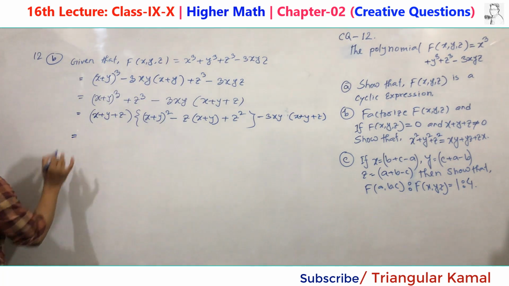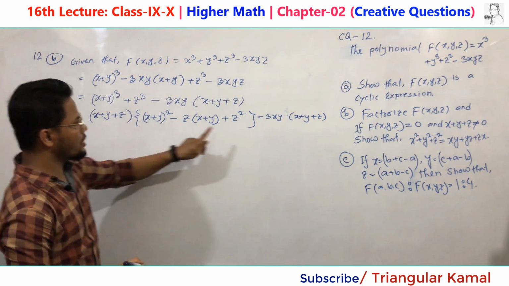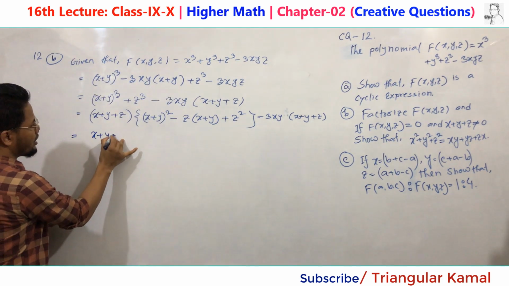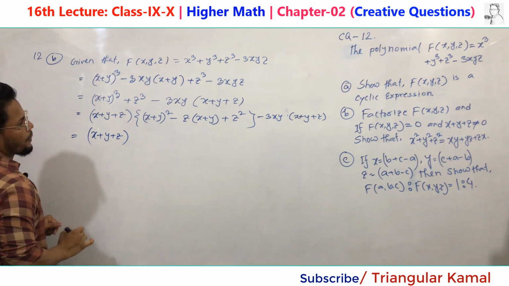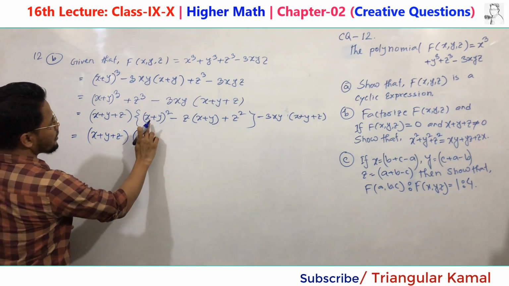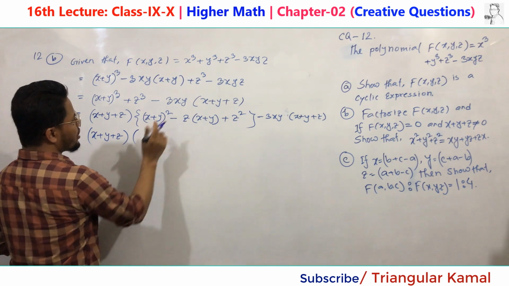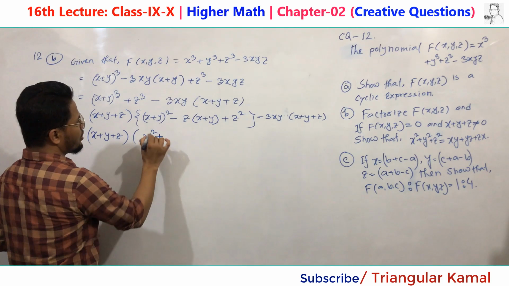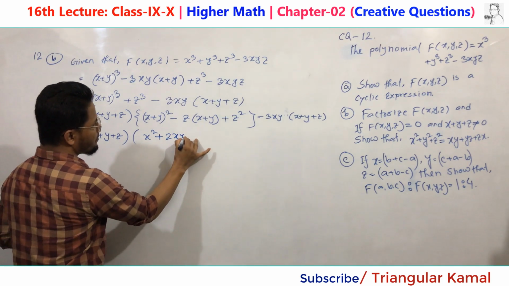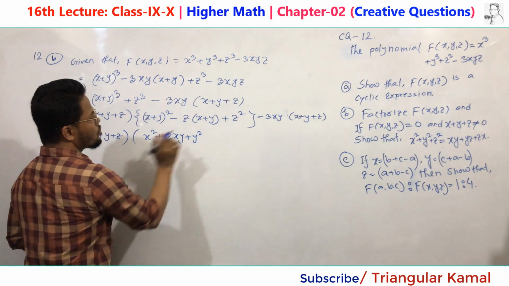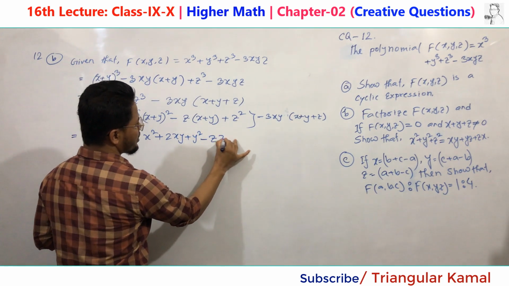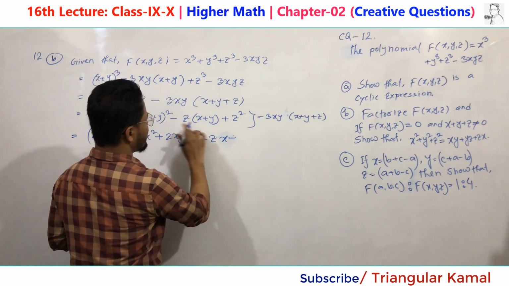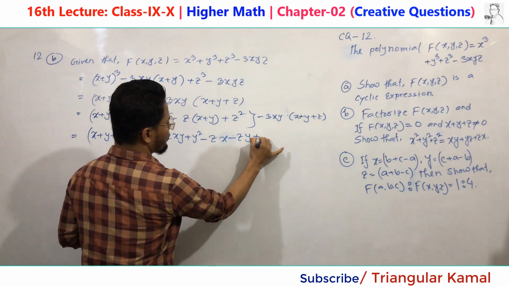Now what we can take here common: x plus y plus z. This one is common, so we can take it out. The remaining part here is x plus y whole square. So you can write here the formula (a plus b) whole square equals x square plus twice xy plus y square, and just multiply here, minus yz, sorry, minus zx, minus zy and plus z square,